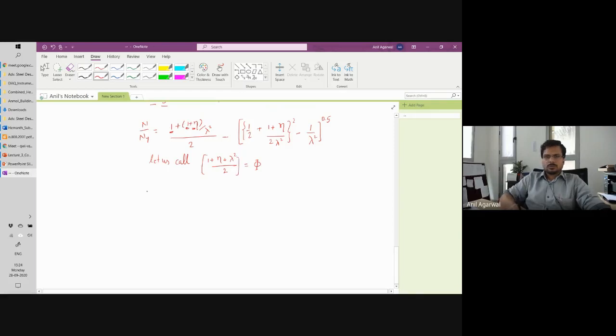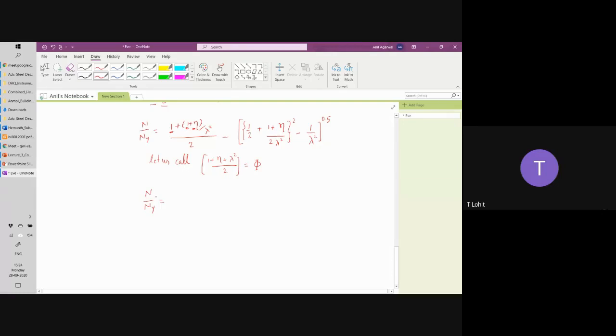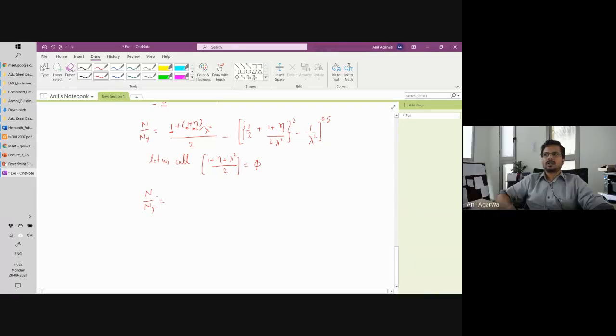So n by ny. Okay, and can somebody tell me what is n here? Failure load of the imperfect column. Yes, failure load of the imperfect column. Failure load based on the theory that the failure occurs when the first fiber yields. So it is the load when the first fiber yields, strictly speaking. And that's what we are calling failure load as per this theory.